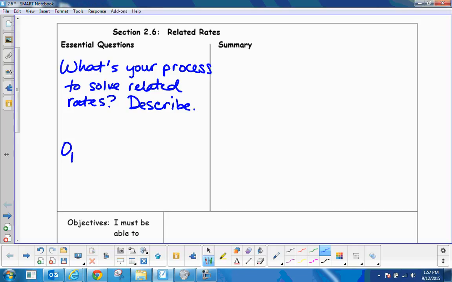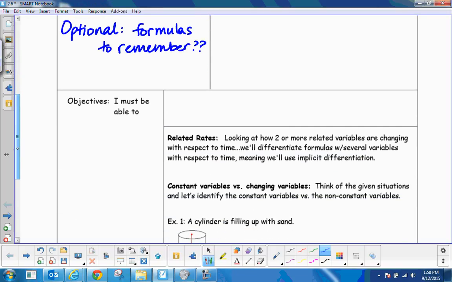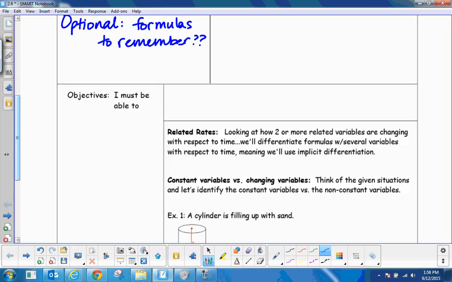And then optional, as you're going through that, are there any formulas that keep coming up? So formulas to remember. And this would just be if you're finding that something keeps coming up and up and up and you're struggling to remember, you might want to put that down here so that in your summary, your attention is drawn to that. Your objectives are just that you have to be able to solve